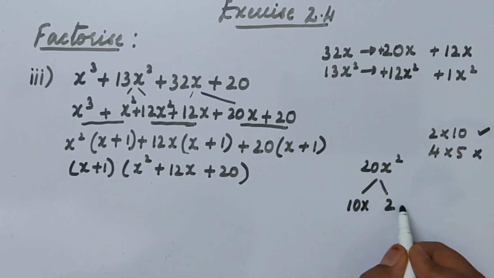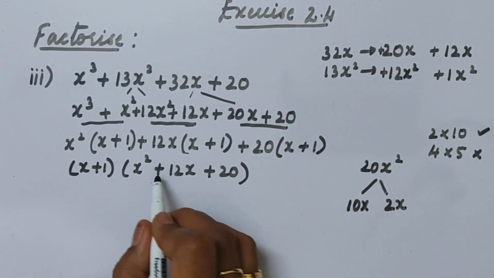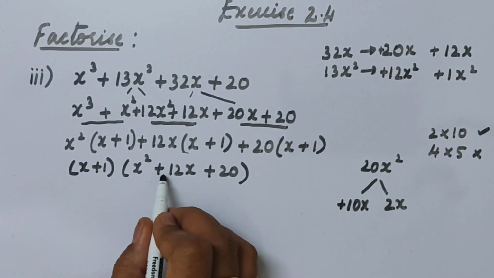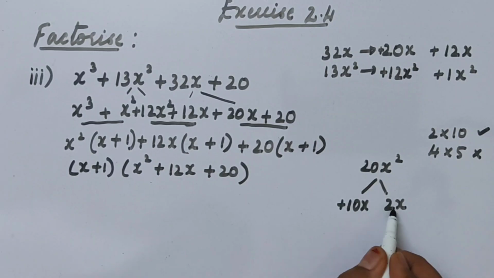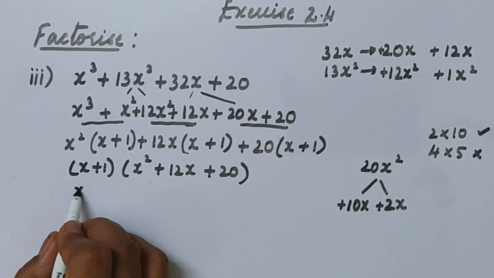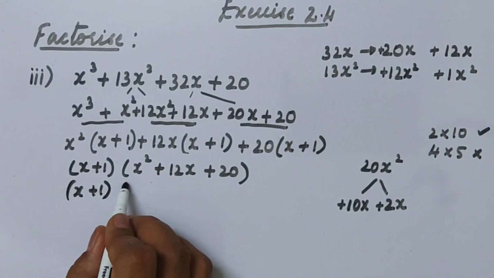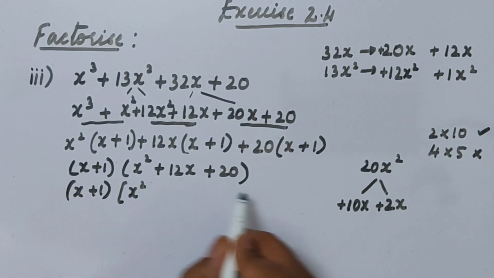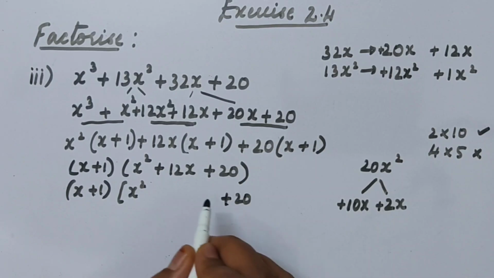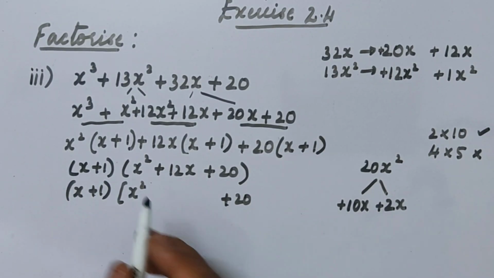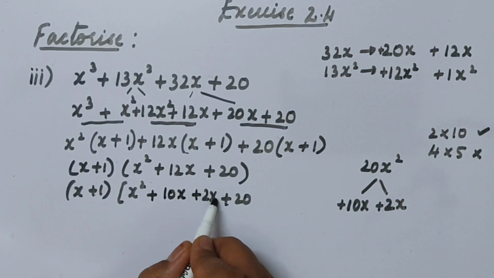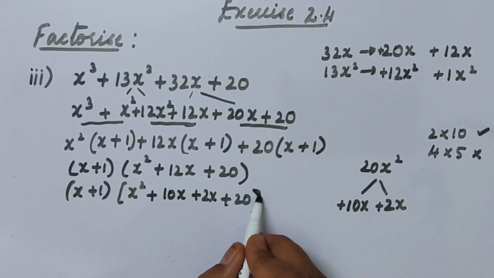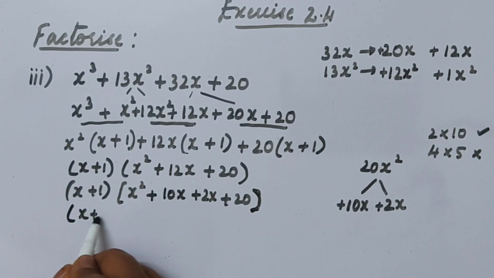Okay. Now we'll split x both the sides. Now here there's a plus sign. Middle sign, first sign is plus. Okay, to get 12, I should add these two numbers, right? If I want to add, I need to repeat the sign. Now this is x plus 1. Okay. Now this is x square. First and last term will remain the same, students. Only middle term splitting we are going to do. That is 10x plus 2x. Now this is x plus 1.